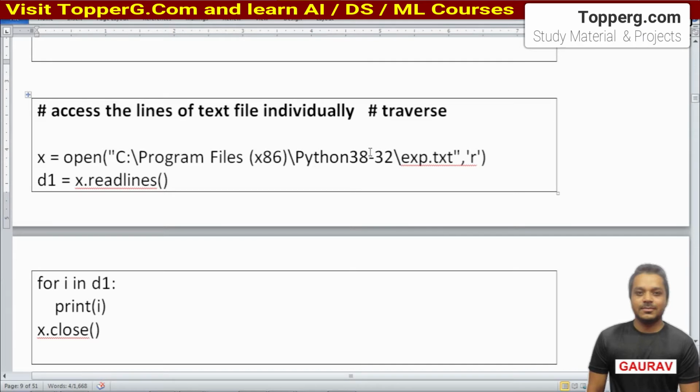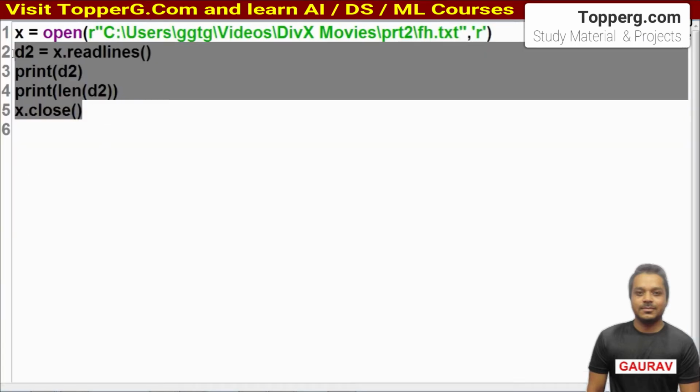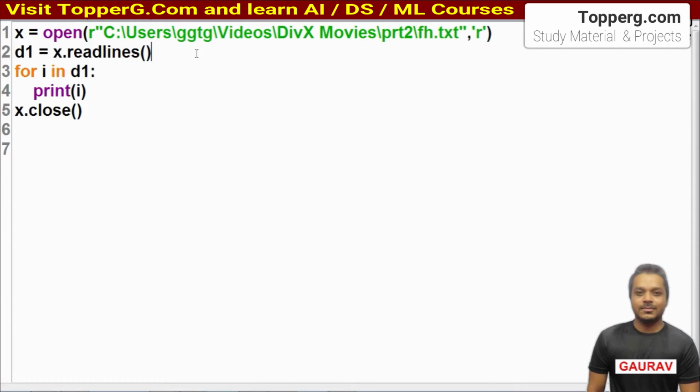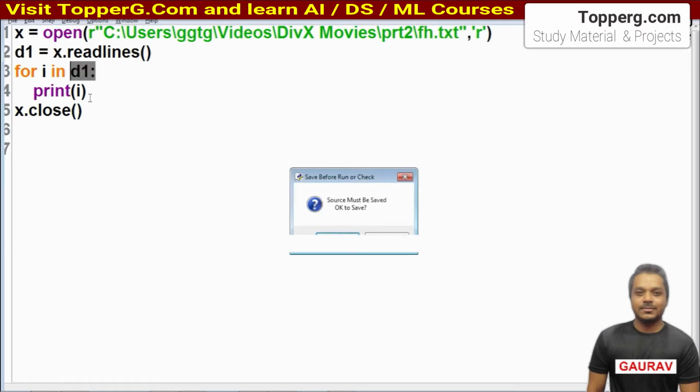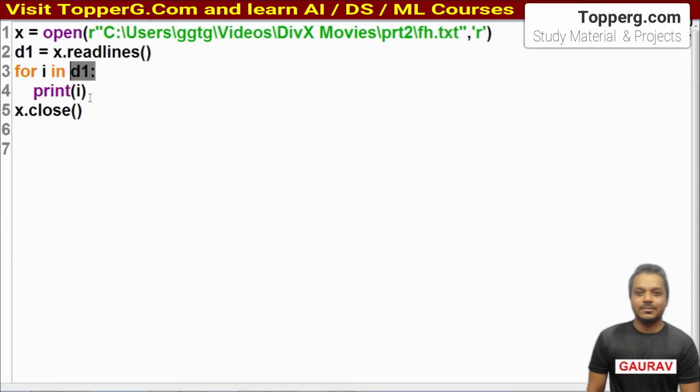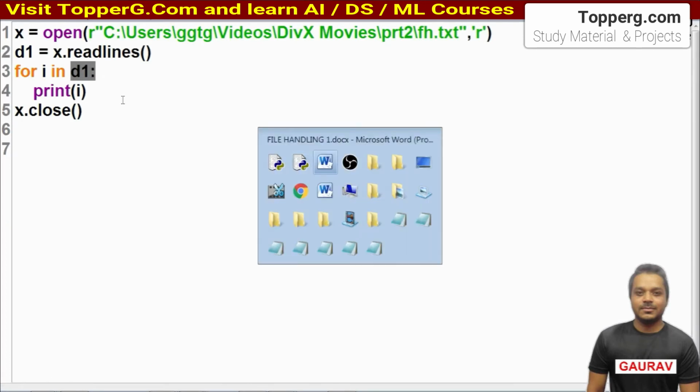Just stay connected, you will understand everything. First of all, we need to understand how to do traversing. For traversing, we need to apply readlines. It will create a list of all the lines in D1, and in D1 we can do traversing, so I will get each line one by one. This is a very easy concept.